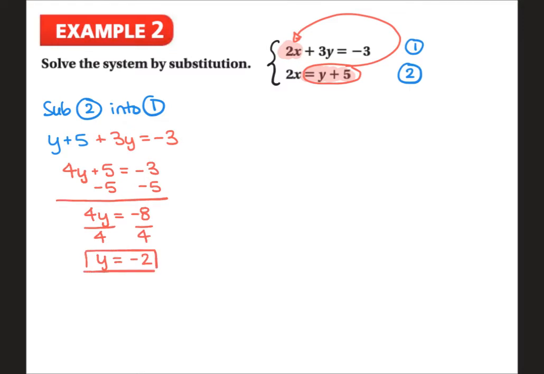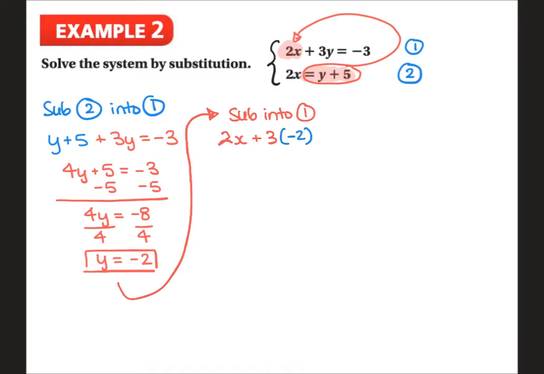So now I can take this y is equal to -2, and I can either substitute it back into equation 1 or choose to substitute it into equation 2. So I'm going to just bring this up here because I'm running out of space, and I'm going to sub into 1. And it doesn't matter. So 2x plus 3, and instead of y, I've got -2, is equal to -3. So 2x, take away 6, because 3 times -2 is -6, is equal to -3. So I'm going to add 6 to both sides,